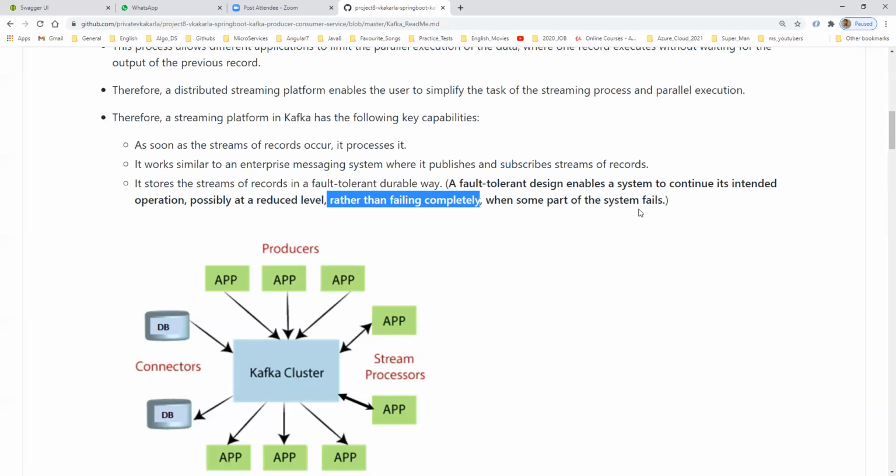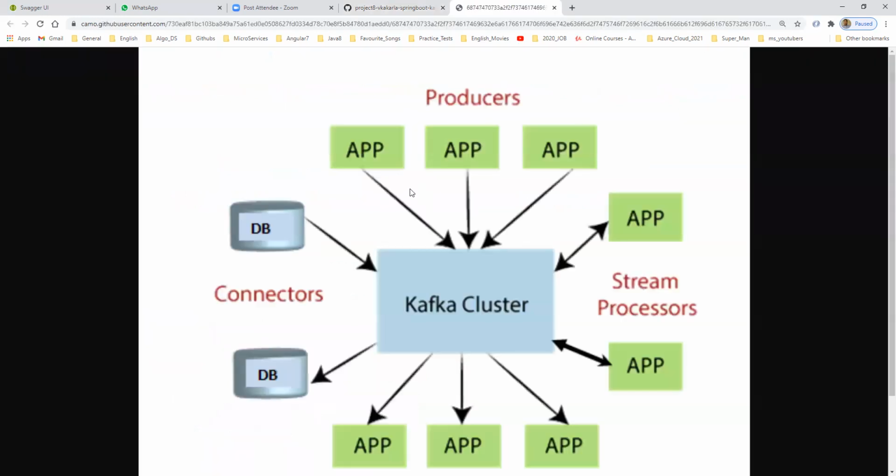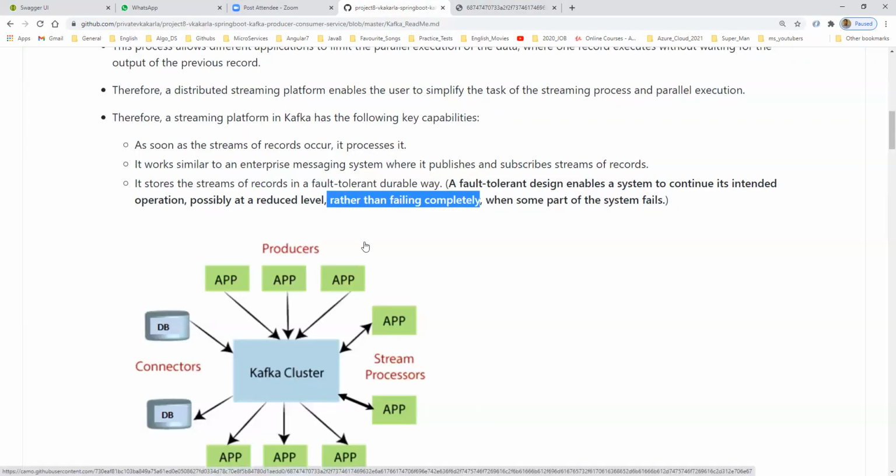Whenever an external service is down, for example, your mobile is switched off, you still need to get the notification. At that time it will keep on trying, and when the mobile is switched on, which means when the service is up, immediately it will consume and publish to your YouTube app on your computer or your mobile. So that is what the Kafka consumer will do. That is the reason I said it is a fault tolerant mechanism it follows.